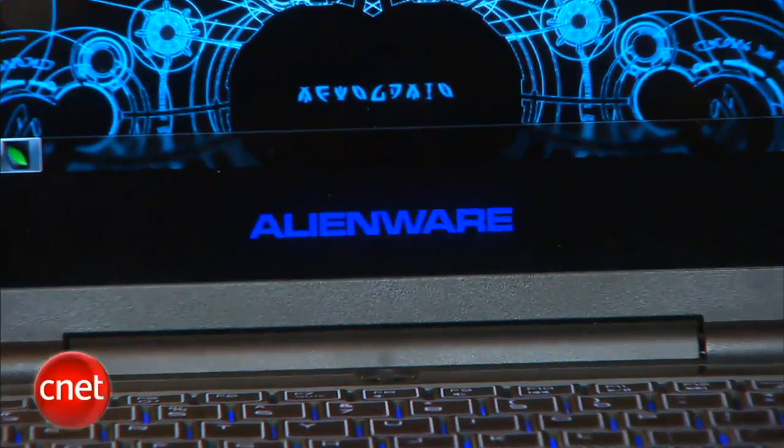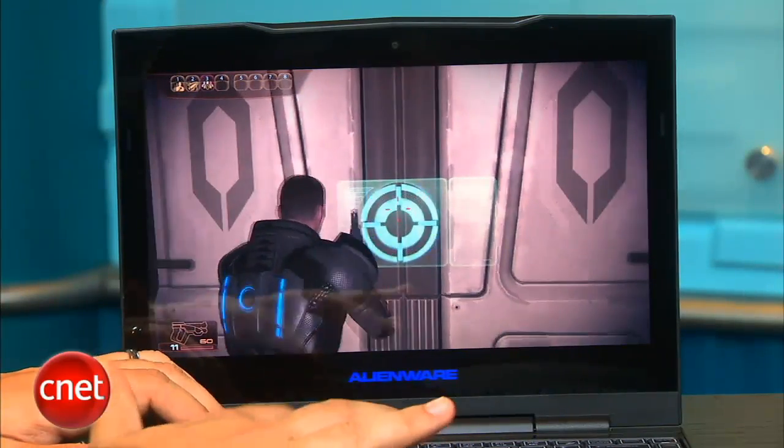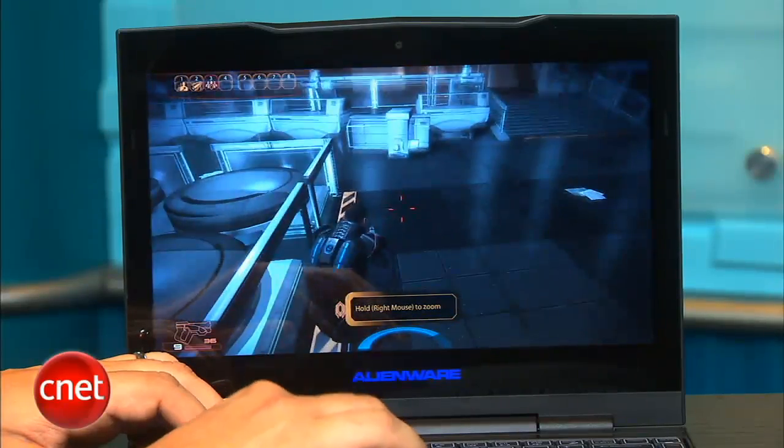And another thing that's a little disappointing is that while the NVIDIA Optimus graphics do provide an automatically switching experience, meaning you can go from your game playing mode down to a non-dedicated graphics mode using integrated graphics to extend your battery life, the actual gains in our test were not that spectacular. In fact, the battery life was a little bit less than we had on the previous version, a little over